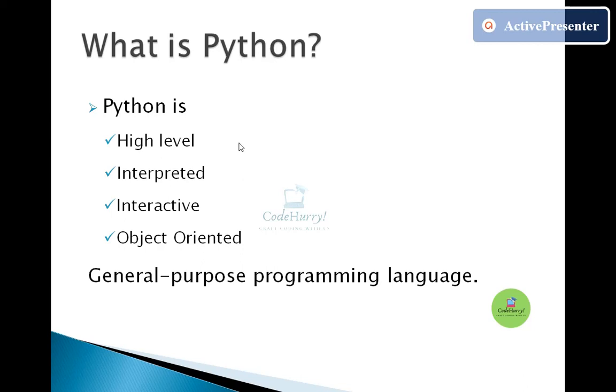You must be aware that earlier we had the low level language, that is machine language, which was written in zeros and ones, because the machine, that is a computer, understands only zeros and ones. But it was very difficult for programmers to write the code in that binary code. So then came high level language.